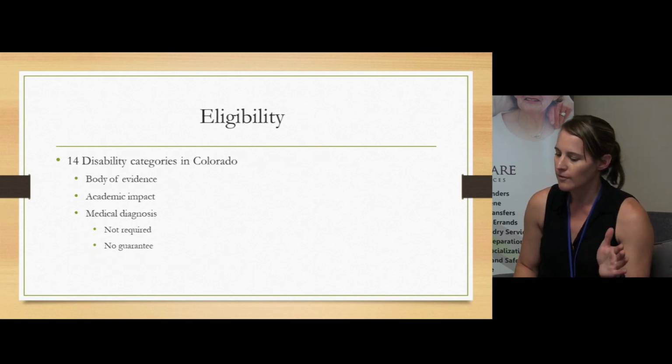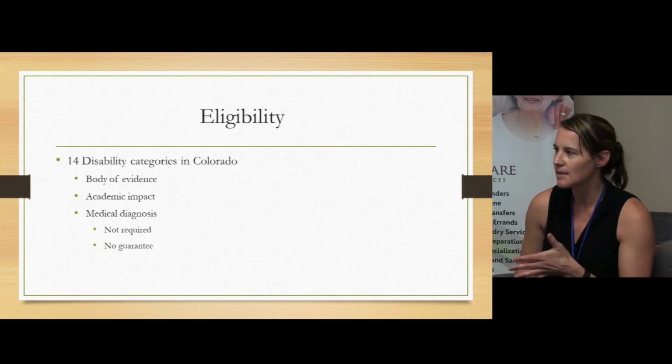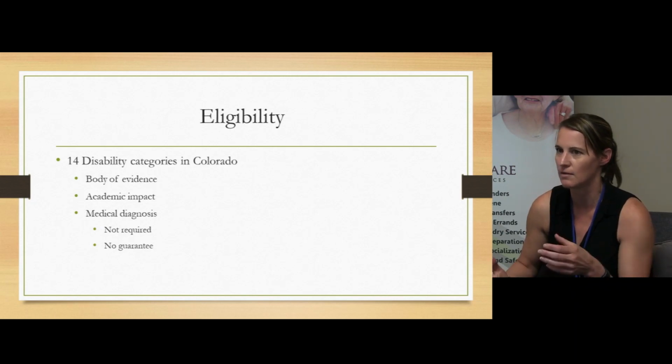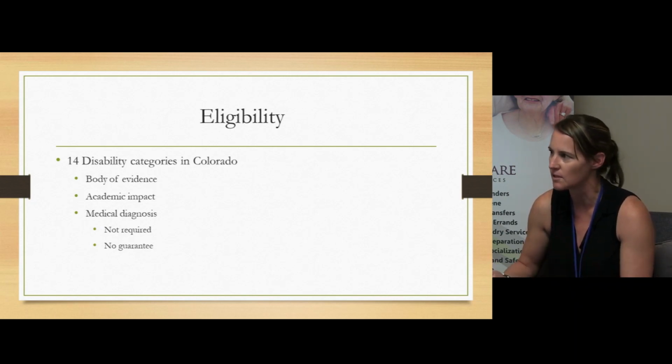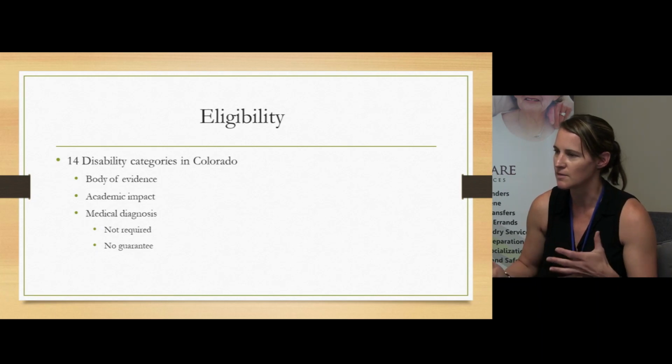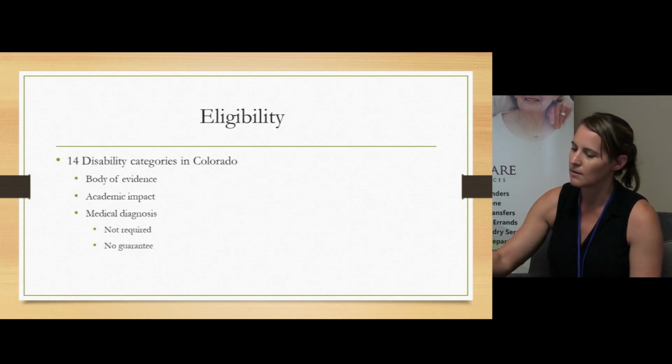So the school will legally have 60 calendar days to get the evaluation done from the time that they receive the parents' signed consent. They have 60 calendar days to get started on the formal assessments and then any observations or informal assessments that they want to do. At the end of the 60 days, there'll be an eligibility meeting. And this is the same process for a reevaluation as it is for an initial. So at that eligibility meeting,